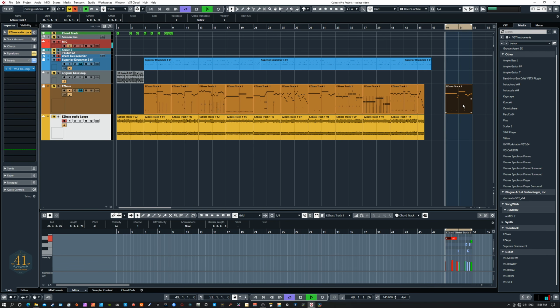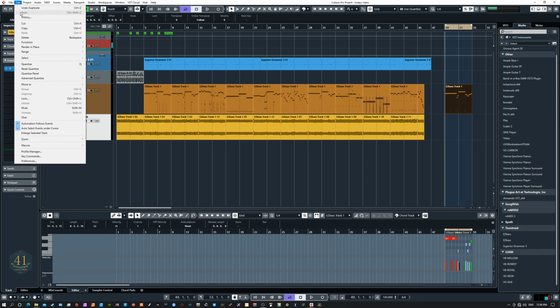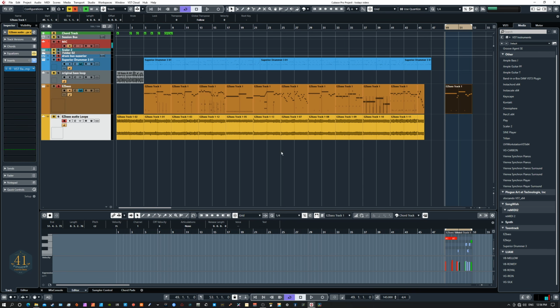And so you play it, and if I turn it on, it plays a perfect loop of that variation. But that's all within EZBass right now. And so to convert it to an audio loop, once you have the looper in the right position on your variation, simply go to Edit, Render in Place, and with current settings,